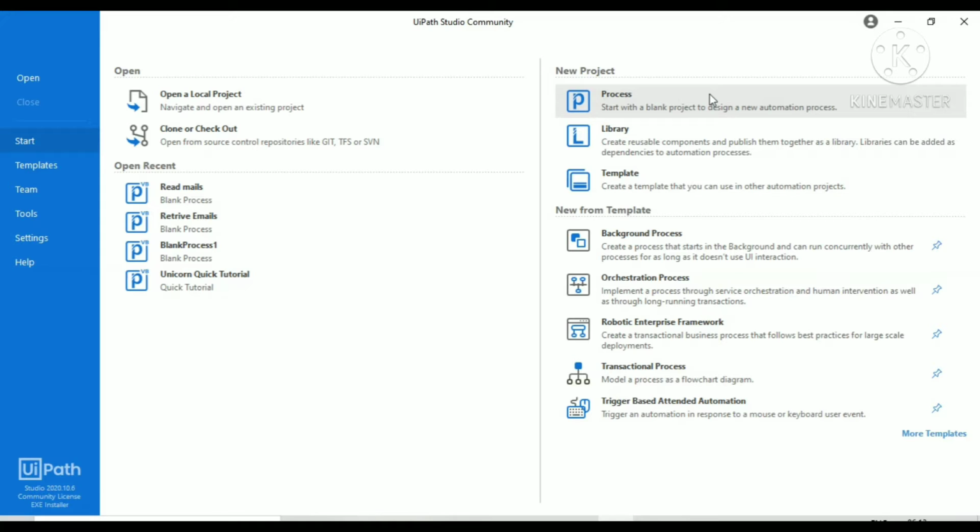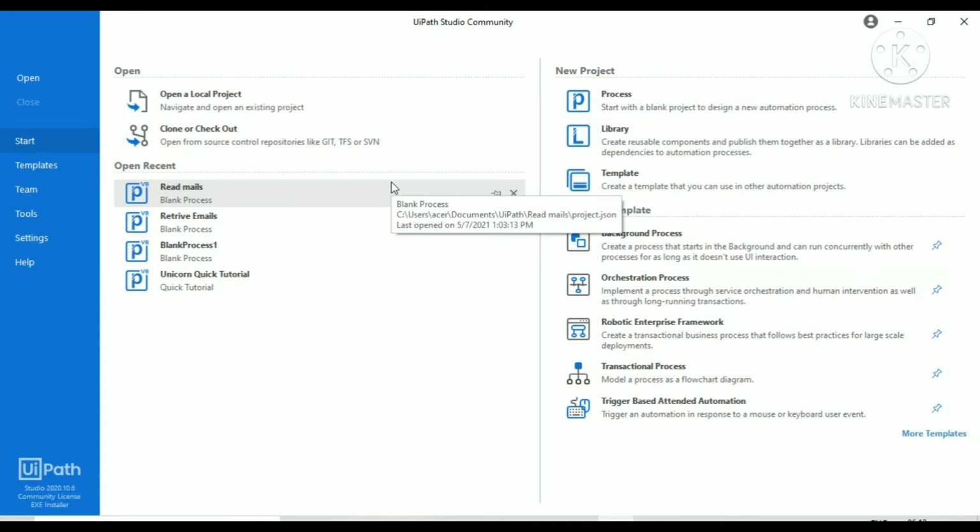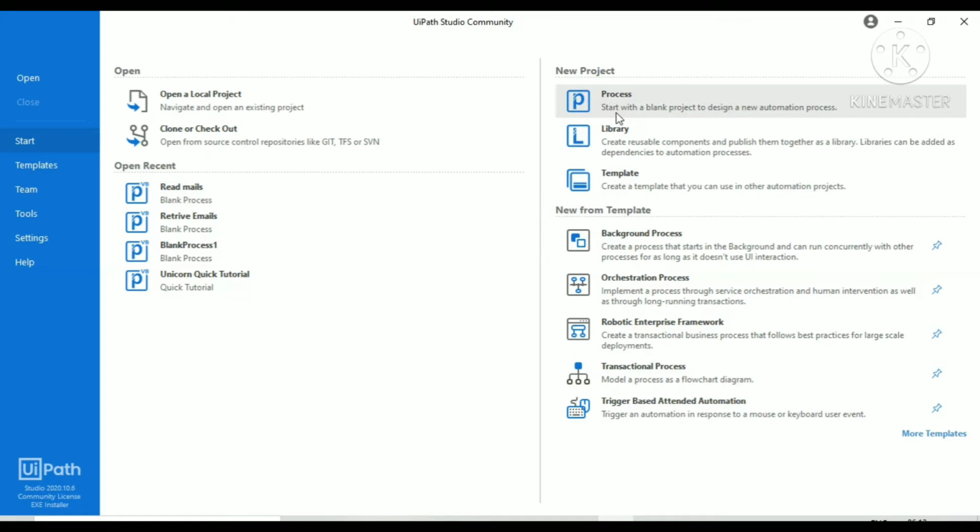Today I am performing email automation. Firstly, I am going to open a process that I already created, called read mails.